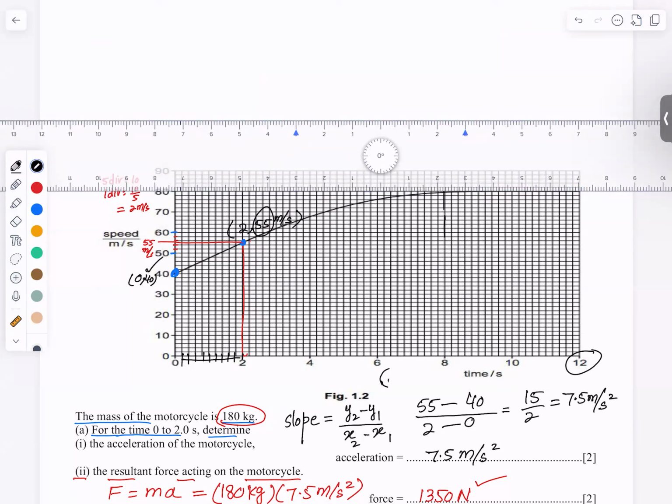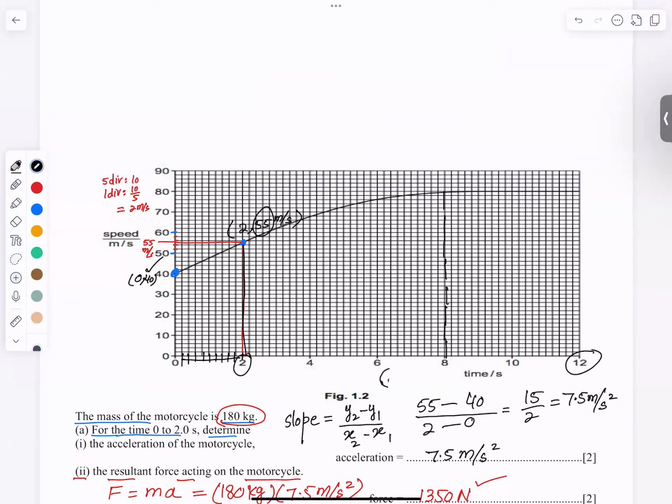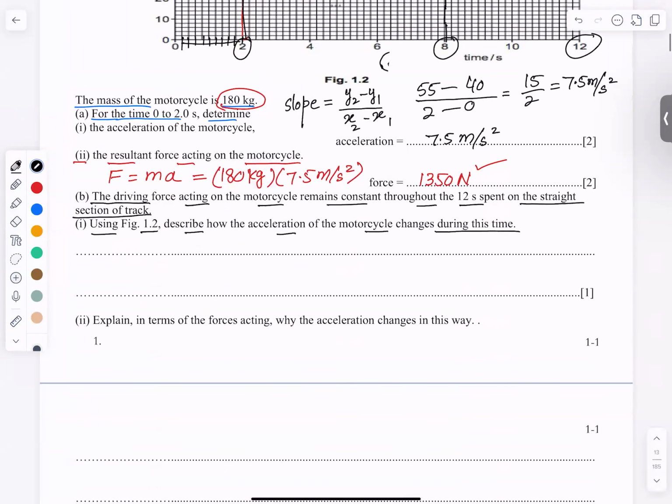So this is the point of time after which we are not having a straight line. So for 2 seconds, it's a straight line, then it's a curve, then after 8 seconds, it's a horizontal line. So we should say from 0 second to 2 seconds,